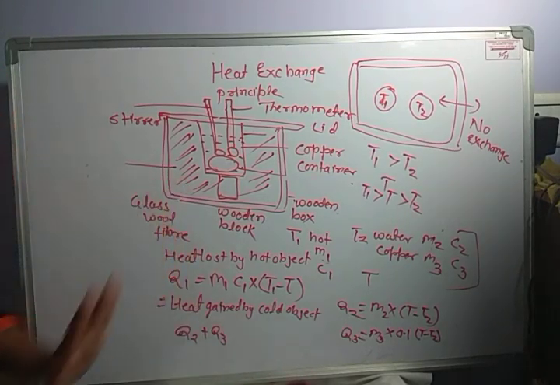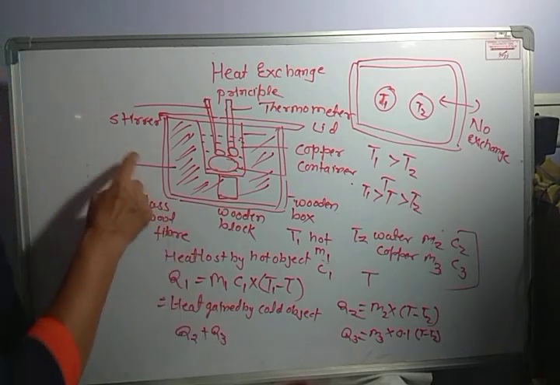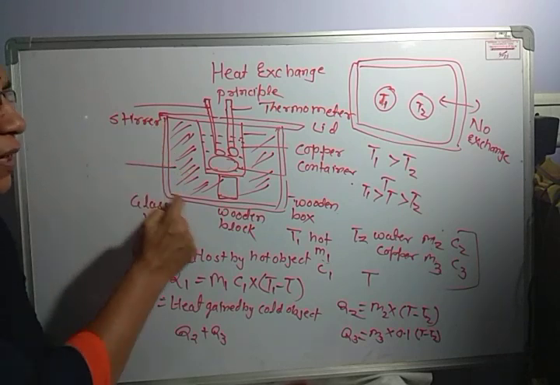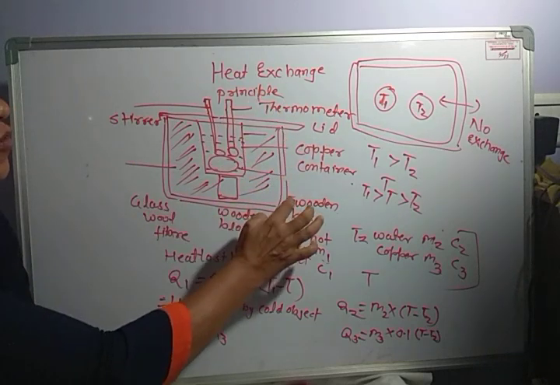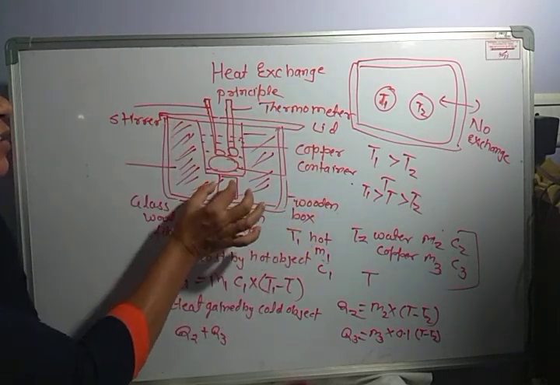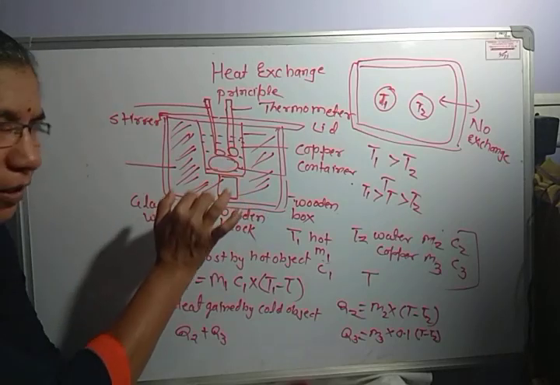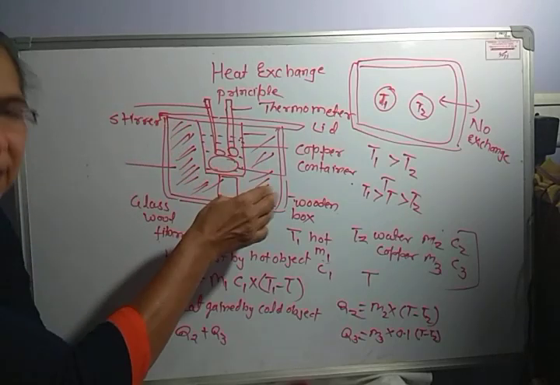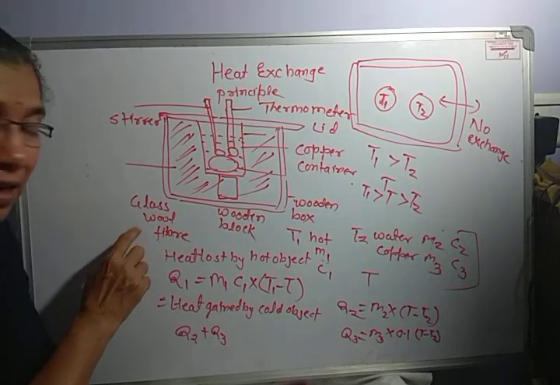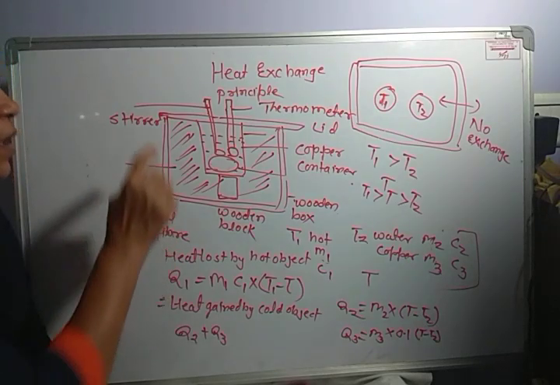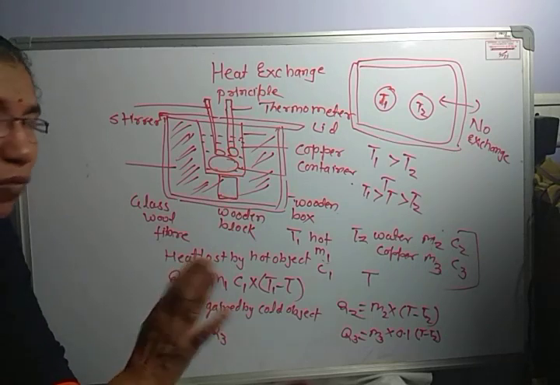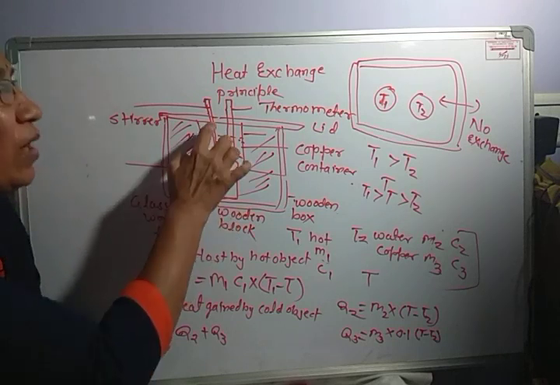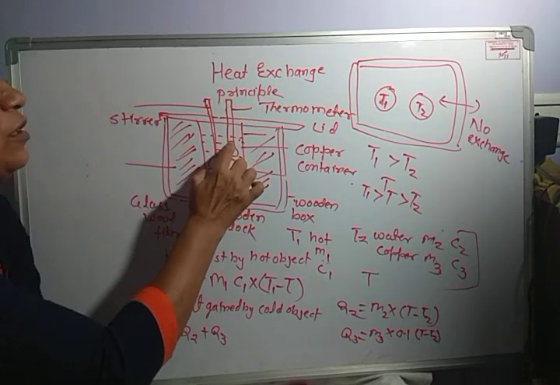For that purpose, a calorimeter is used. You may have learnt the figure of the calorimeter in an earlier standard. This calorimeter is made up of a wooden box, which is insulated material. There is a wooden block for standing the calorimeter, and the middle space is filled with insulated material like glass wool or fiber. The lid is also made of wood, and it has two holes. One hole is for the stirrer, another hole is for the thermometer.